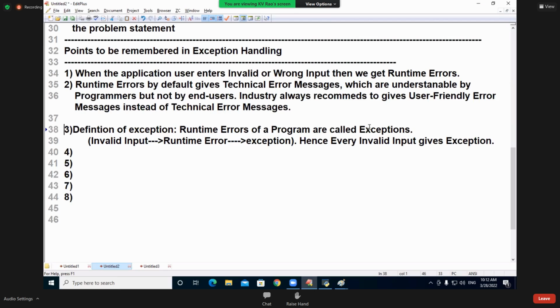Handling means converted into which message? Valid input gives result. Invalid input will give an exception, and what will you do? Handle. Gives which message? User-friendly error message saying don't enter this invalid input.